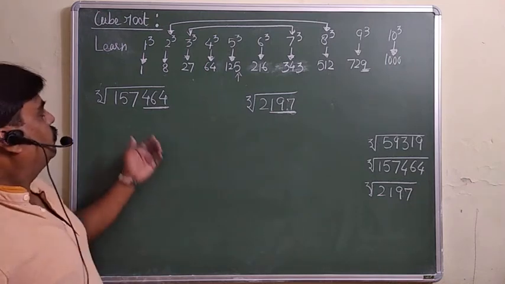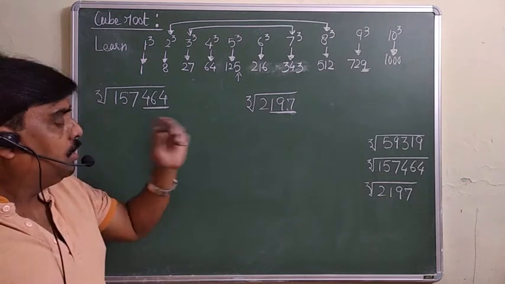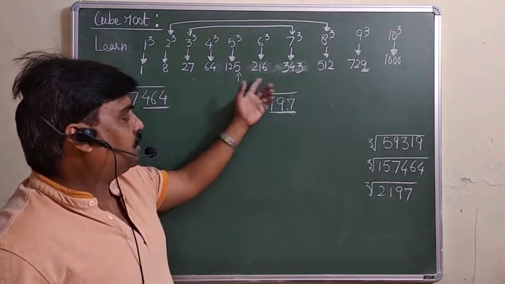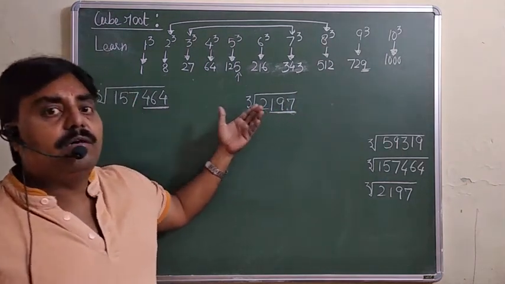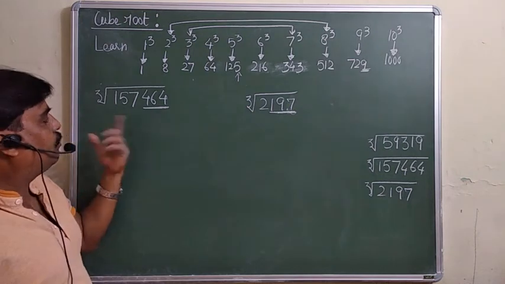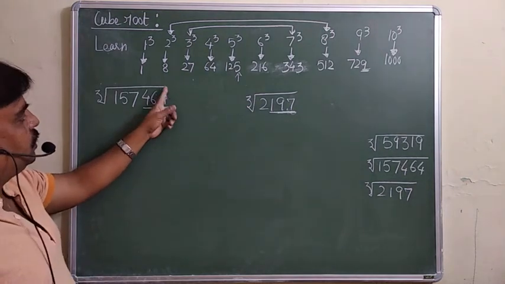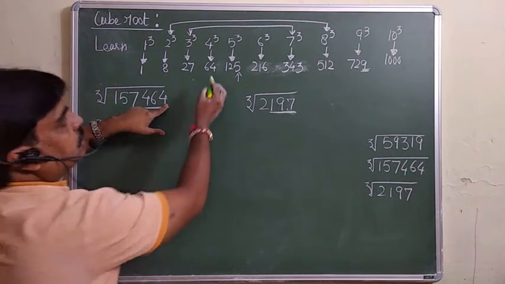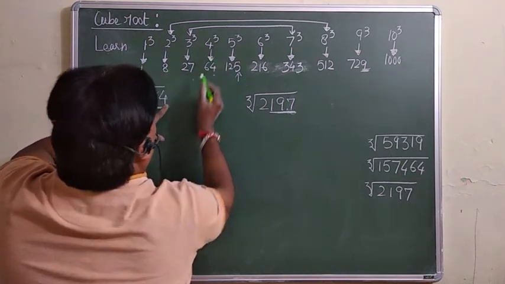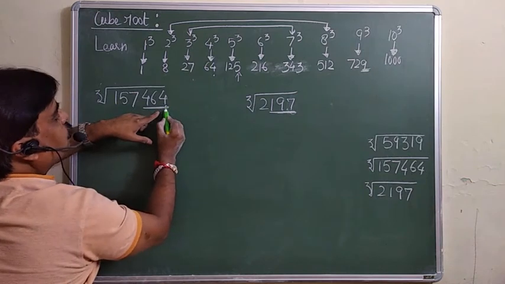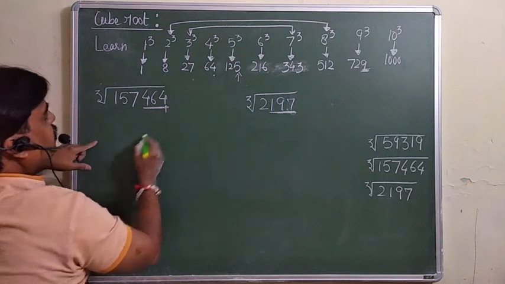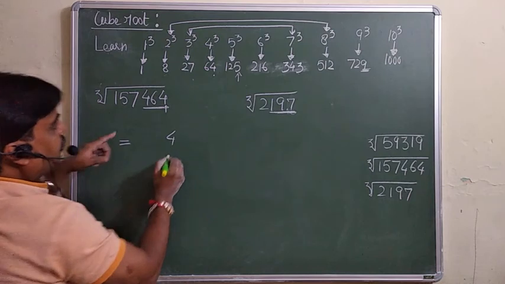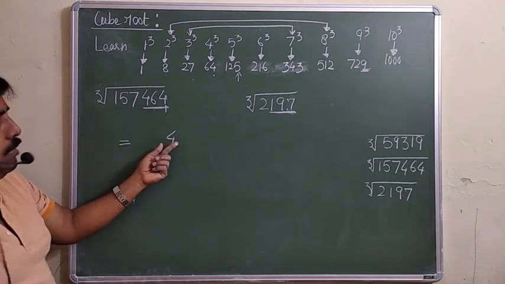Yes. Now these two numbers I am taking here only. The important point is here: the number whose cube root we have to find should be a perfect cube. That is a very important point. So just see the last 3 digits. In the last 3 digits, this 4 is coming. Which number's cube ends in 4? Here it is 4. It means if you do the cube of 4, then your unit place digit will come 4. So definitely the unit place of this cube root will be 4.